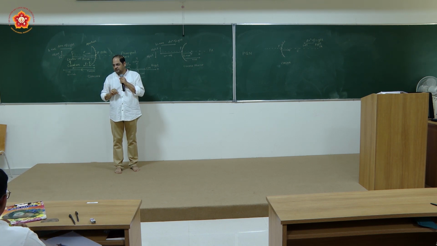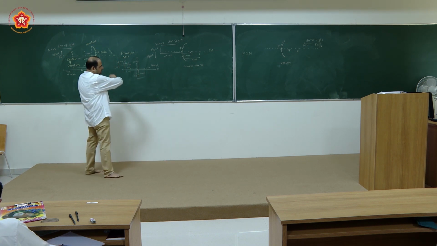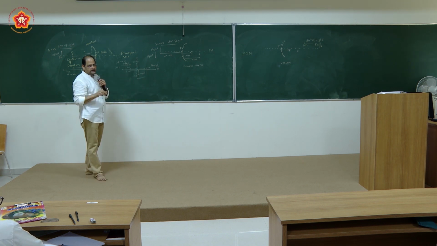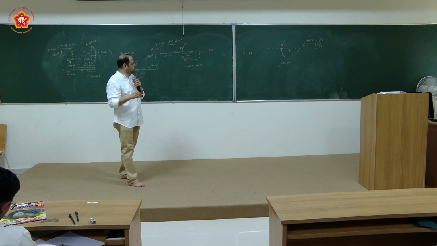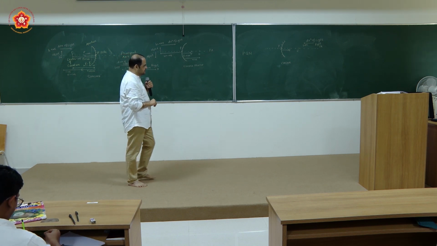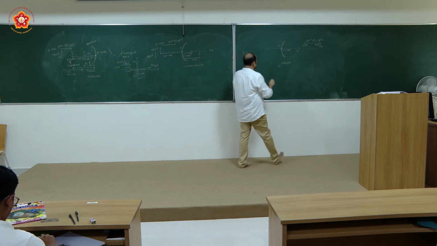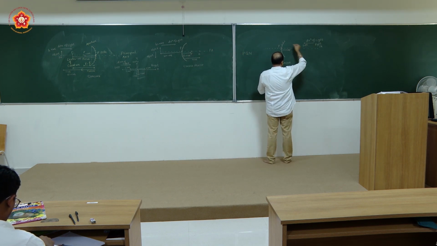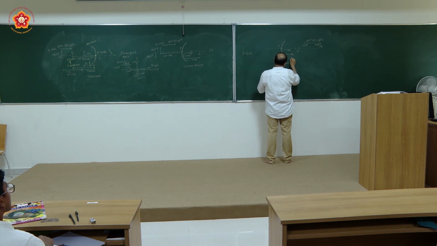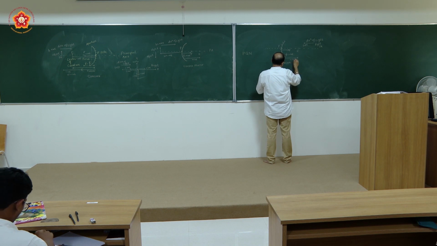So what is our point of reference? Direction of light is extremely important for us. We will stick to this notation on this particular part of the board. We'll never go for that. But there may be a situation where we will be forced to assume the light to be traveling from right to the left. In that case, again, you are measuring the distance from pole to the focus in the direction opposite to that of the light. So focal length will be taken as negative. The distance from pole to the center of curvature will be taken as negative.